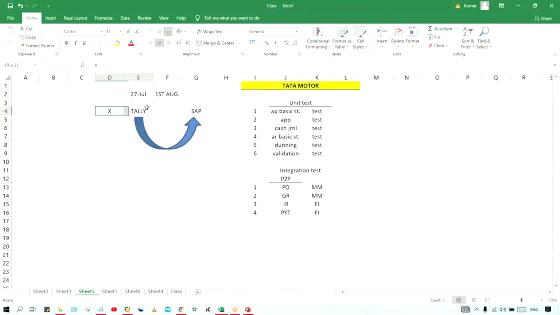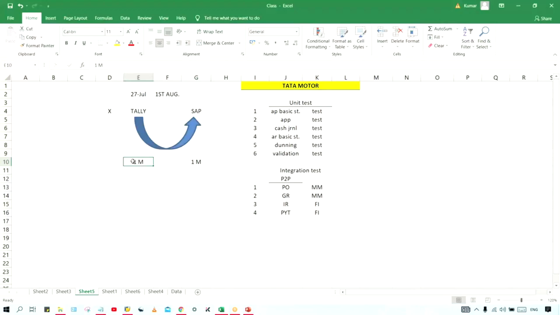Why? Because if people keep on posting transactions in legacy system, then what will happen, guys? Let's suppose I have transferred 1 million worth of transactions from here to SAP. After data migration, we are going to tally that this amount is matching with this amount.